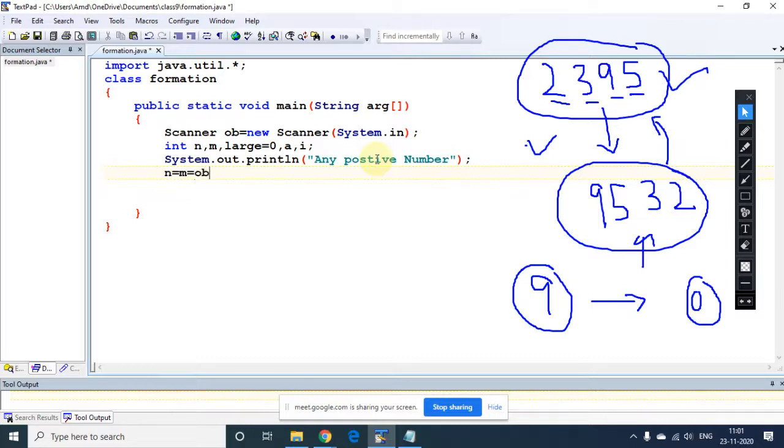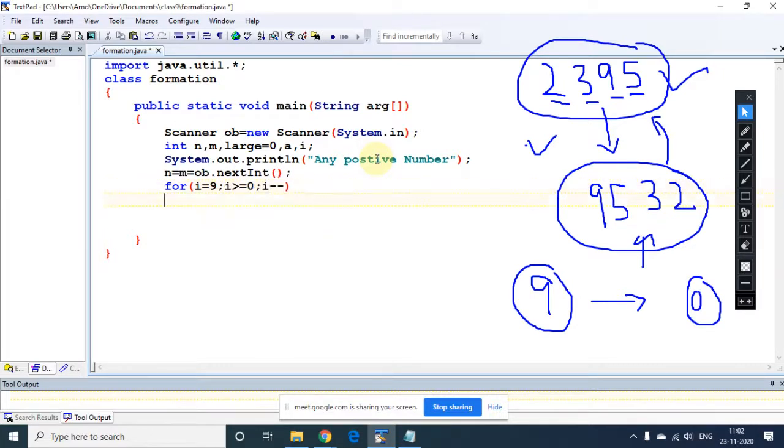For that, the basic statement we are going to use is ob.nextInt. Why ob? Because I have used the scanner object as ob, and nextInt is used to take input of an integer value. After that we need a for loop, which starts from 9 to greater than or equal to 0,